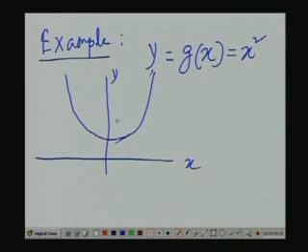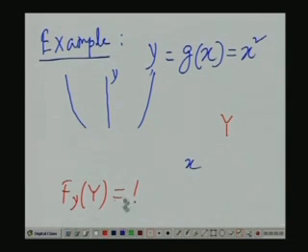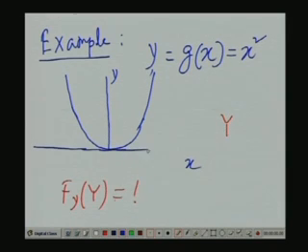Like this. We will find out this. Now, suppose y, or I made a mistake, sorry. Yeah, suppose